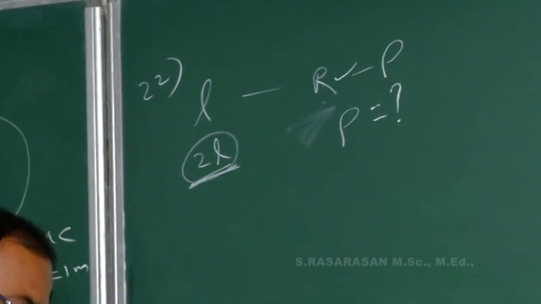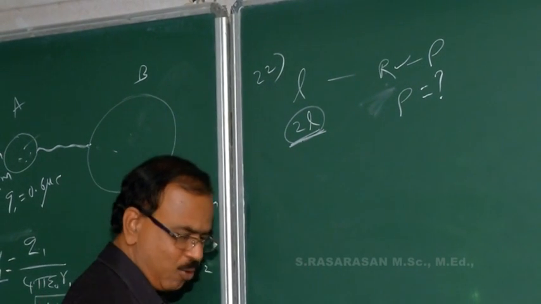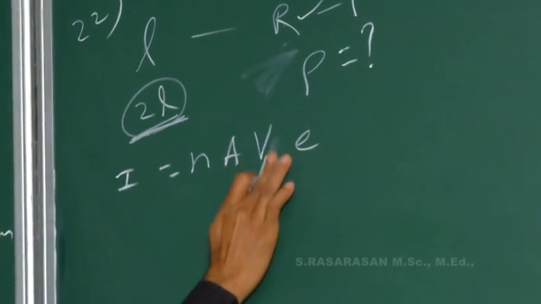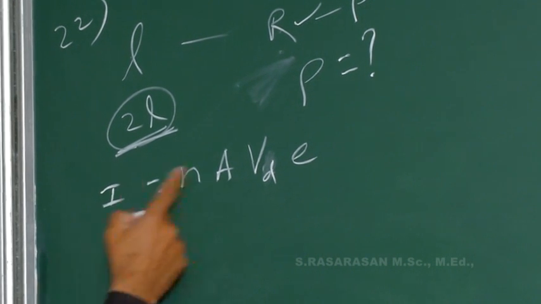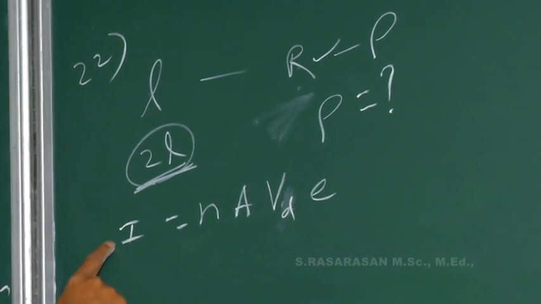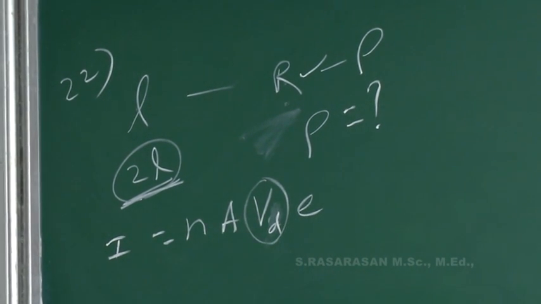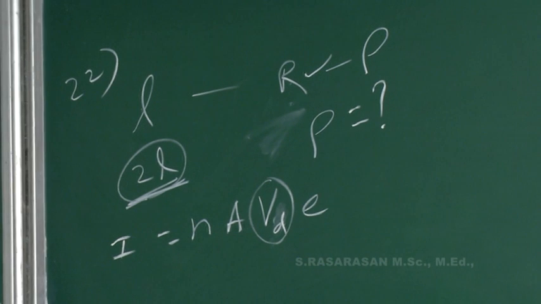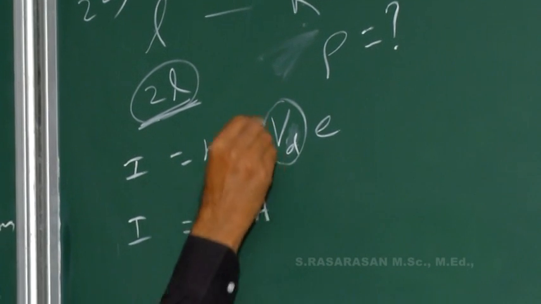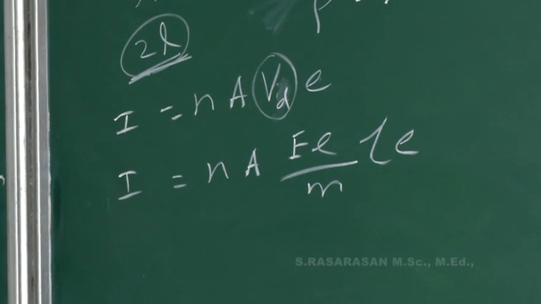Yes, let us go from the basic equation, the relation between the current and drift velocity, with Ohm's law. I is equal to NAVde. The flow of current in a metallic conductor is only due to the drift velocity. We know the drift velocity is obtained by the equation eE by m into tau. Tau is the time interval between two collisions. I is equal to NA, where Vd is equal to eE by m into tau. Already over, the drift velocity equation.